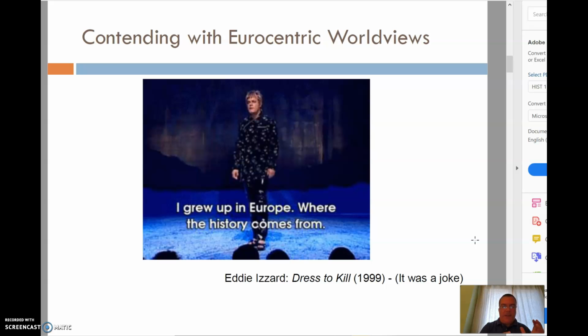As Eddie Izzard jokes here in his show from way back in 1999, "I grew up in Europe, where the history comes from." He's joking there, but it's a joke that speaks to an uncomfortable truth about the way that history has been taught for a long period of time, that all good things come from Europe,